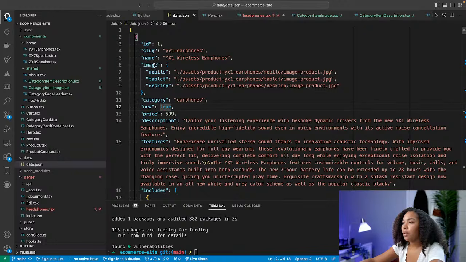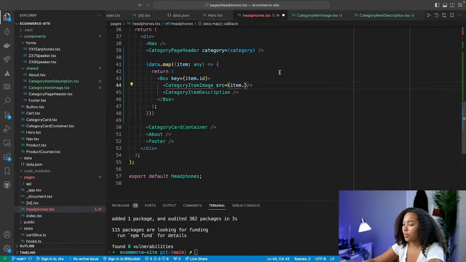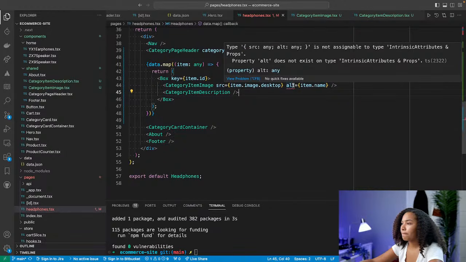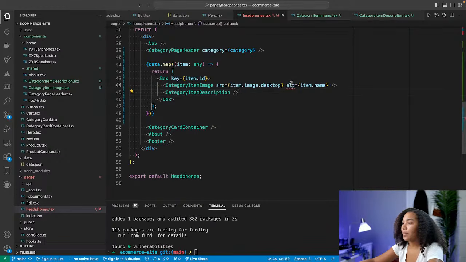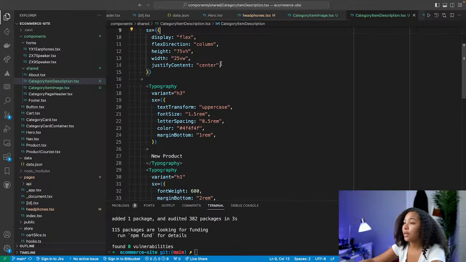So item.image.desktop, because it does need to be the big one. And then we're going to say our alt text is going to be item.name, I believe. We'll save that. Is it item.name? Yeah, item.name. Maybe that doesn't work. Oh, sorry. I'm naming it alt and it should be name. All right, cool. Perfect. And then for the description now, we're just going to do the same thing, except here